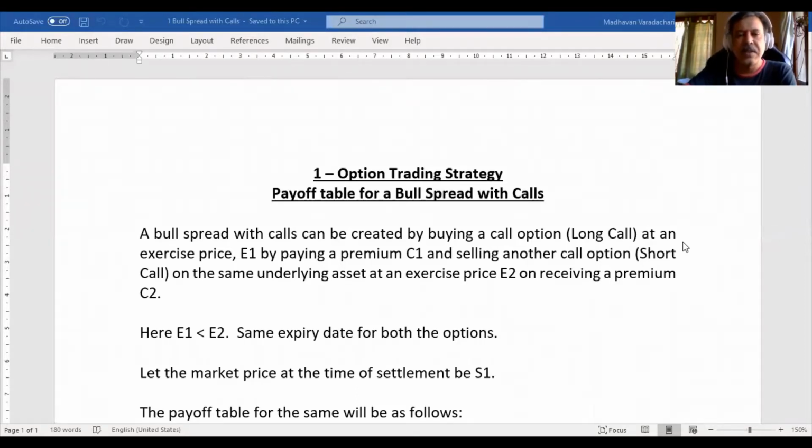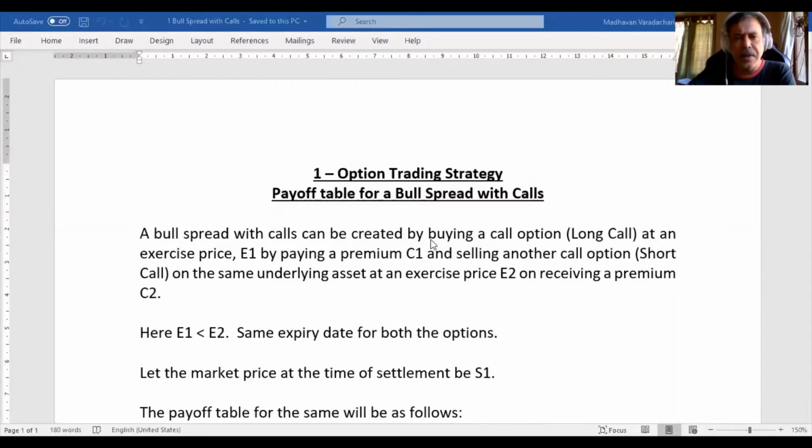So the first option trading strategy we took is bull spread with calls. In this video, we will understand how we create a payoff table for a holder of a bull spread, especially with calls. A bull spread with calls can be created by buying a call option,